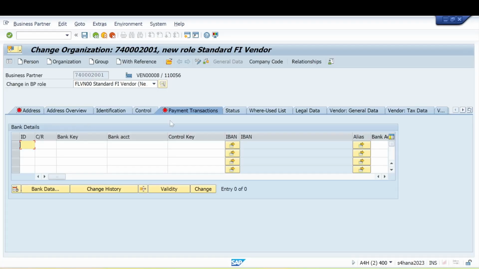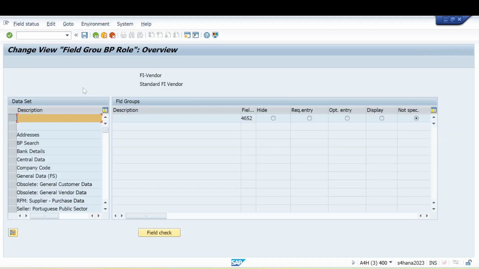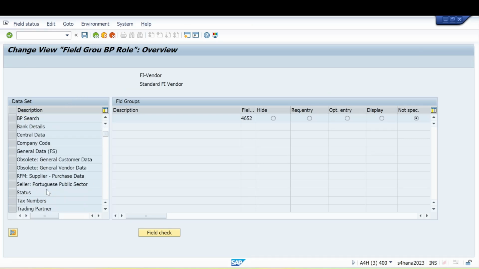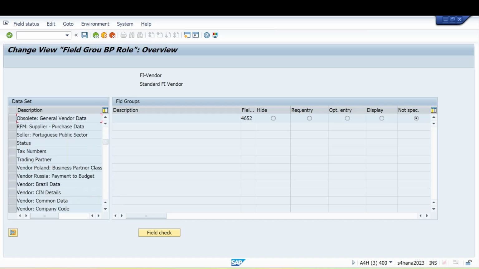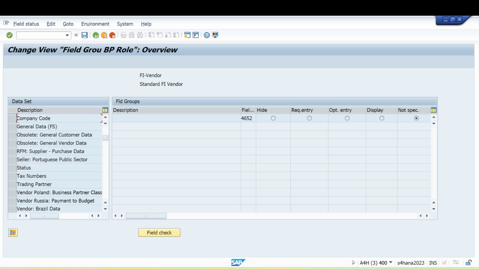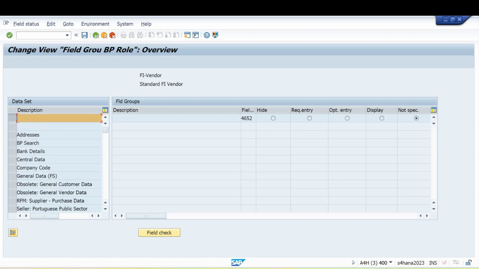That is coming in payment transaction in FLVN00. So here we need to find payment transaction. Here: payment to budget, company code, BP search.